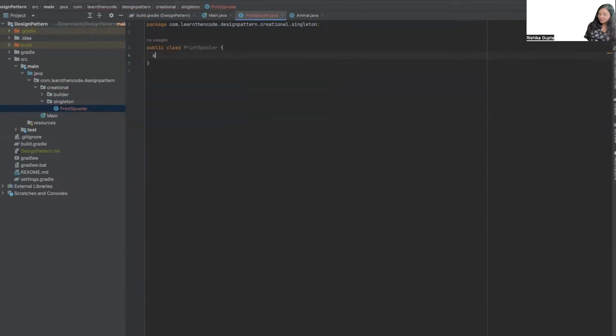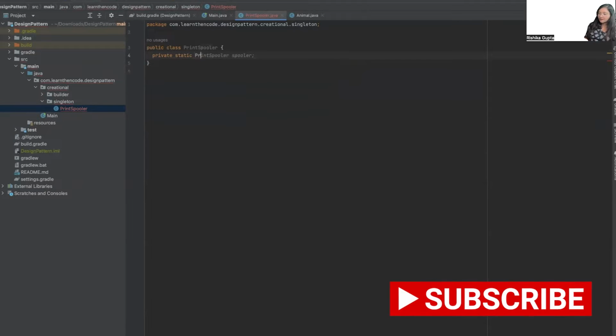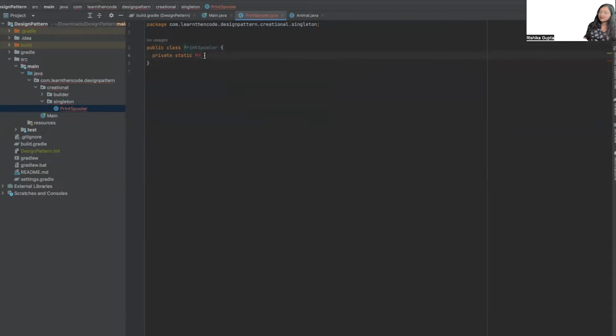Now first of all you are going to define a private static class member here of type print spooler. ये जो क्लास मेंबर है, this is static, that means ये क्लास मेंबर कहीं से भी एक्सेसिबल हो सकता है using the class itself, because we are implementing singleton pattern, which means we want a shared object, right? तो स्टैटिक फील्ड्स जो होती हैं, वो हमारे शेयर्ड होते हैं. Static means that the variable belongs to the class, not to the specific object.